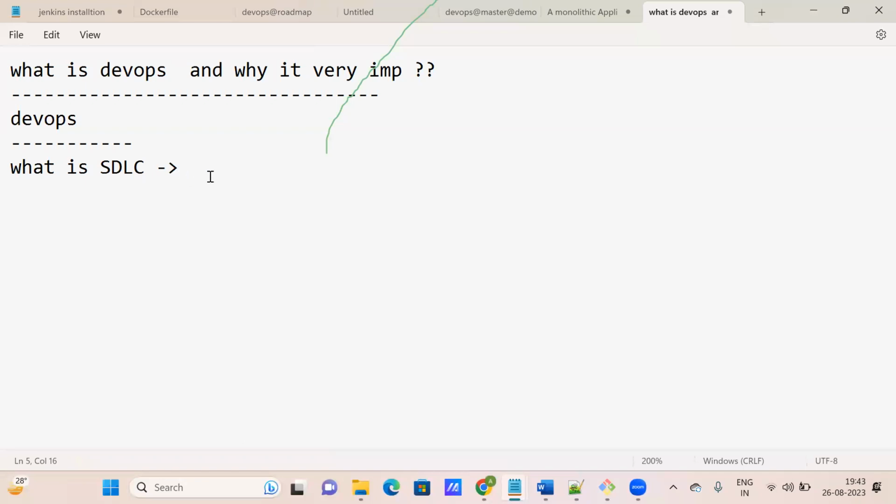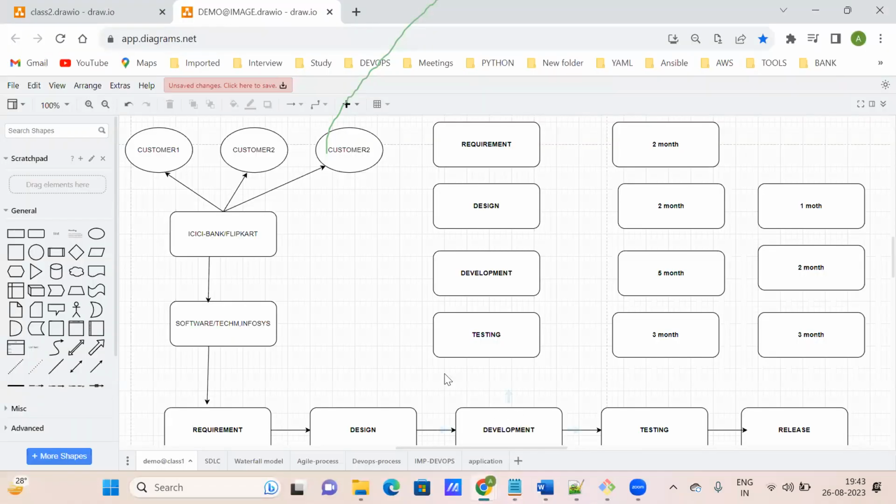Okay, see, when the software industry started, we were going to develop a product, project or services, so for that we require a process. From that time onwards we are following this SDLC, software development life cycle. How many phases are there? If you go to this diagram, let's say we are talking about ICICI Bank or Flipkart or Facebook application, any application we are going to create.